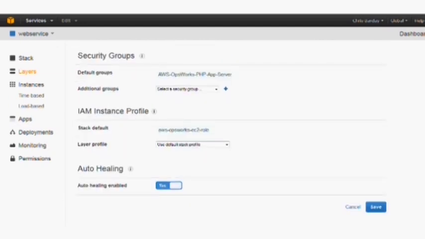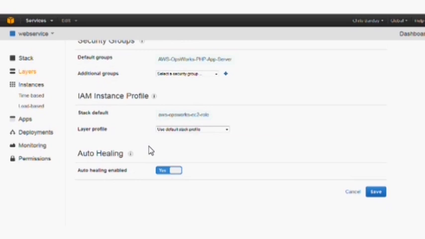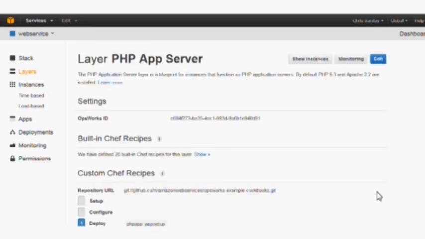And then OpsWorks also includes something called auto healing. So if your instance stops responding to traffic and it's not in a good state, then we can go ahead and stop it and restart it. So I'll save that layer configuration, and now let's take a look at